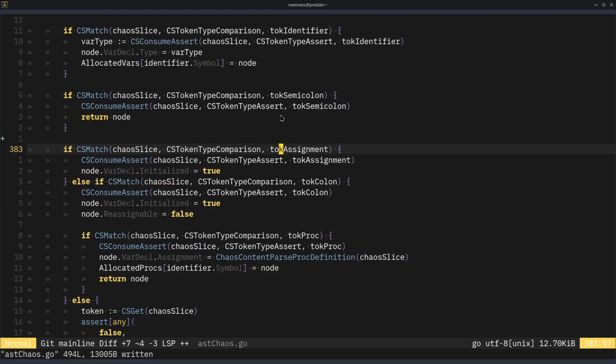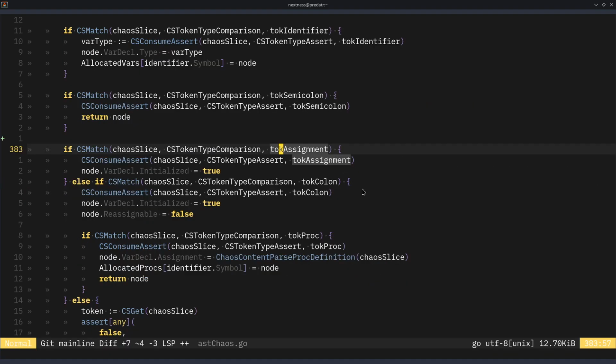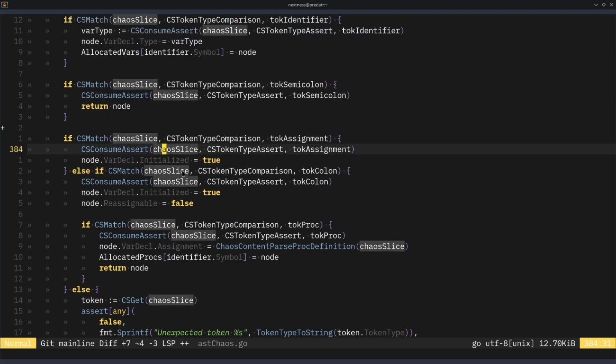If we have an assignment, which means that we have this or this, both of them should work, we will say that they are initialized or not and reassignable, sure, but we can also say,